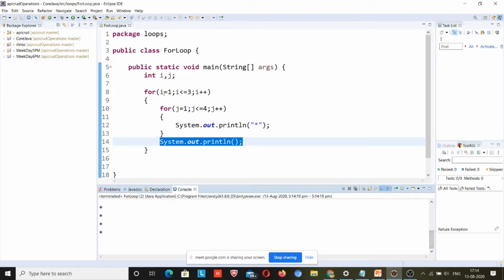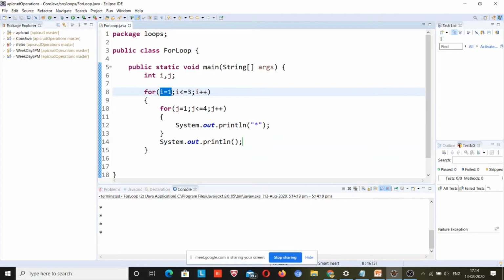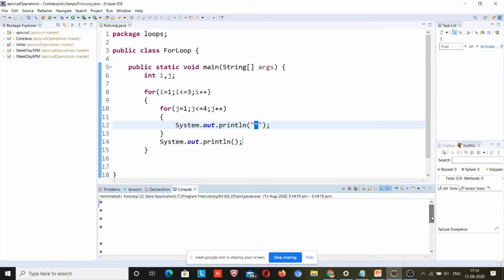First I value will be 1, and because it matches this condition, this condition will be true, so it will come here and initialize j is equal to 1. Because the condition will again be true, it will come inside and print a star.